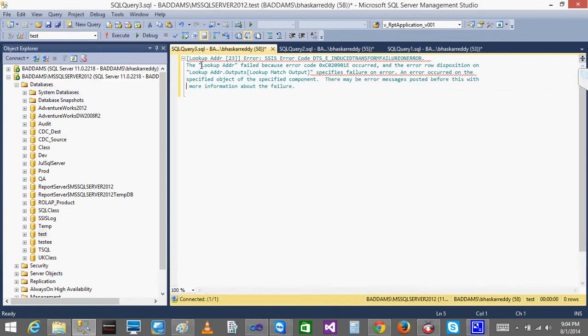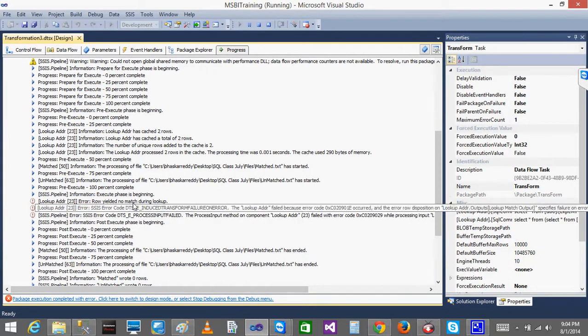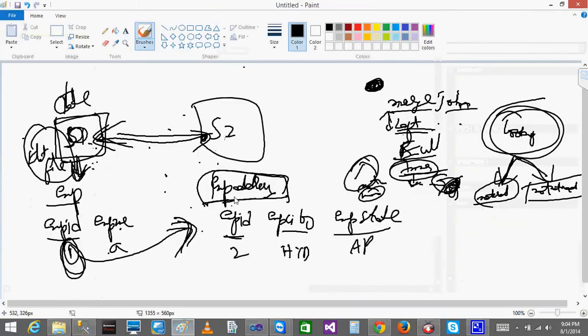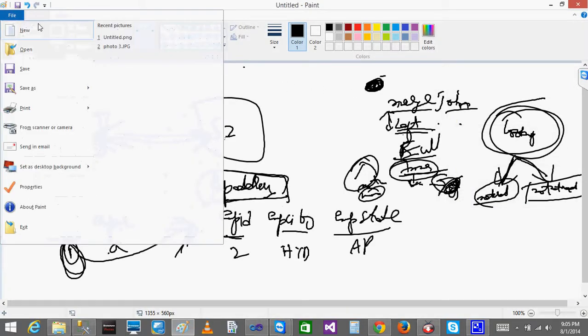See, the lookup address failed, error code and error row disposition on the lookup table specifies failure. Error occurred on the specified object, and there are error messages posted before. See, you can see here, row yielded no match during lookup. So you will be getting ID from the address table. This is how the system is going to work.